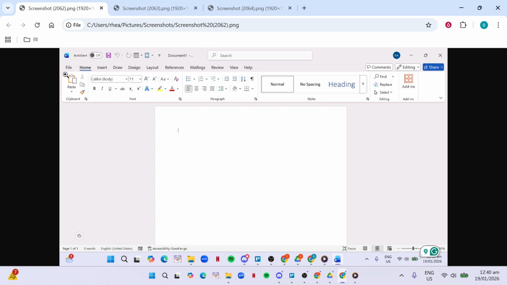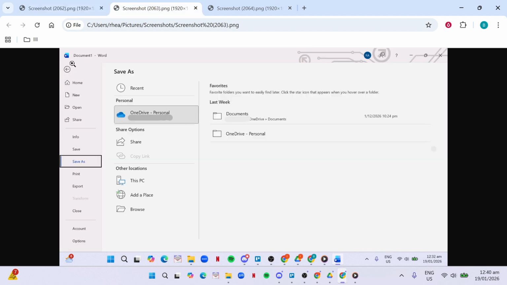Start in your Word document. When you're ready to save, move your mouse to the upper left corner of the screen and click the File tab. This takes you to the Backstage view where all your file options live. From here, select Save As. Save As lets you choose exactly where the file goes and what it's called, which is perfect for placing it